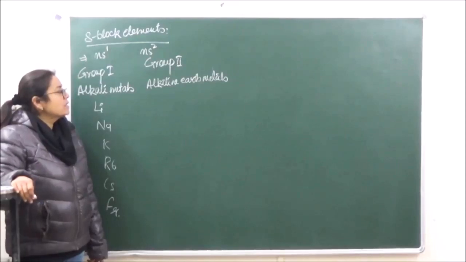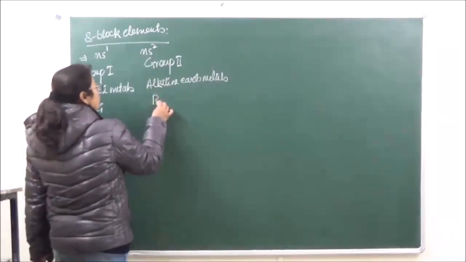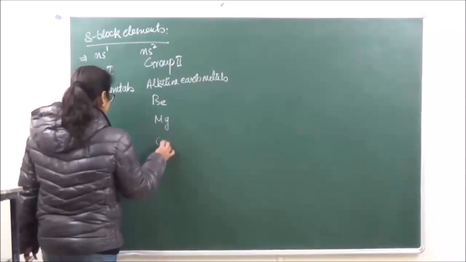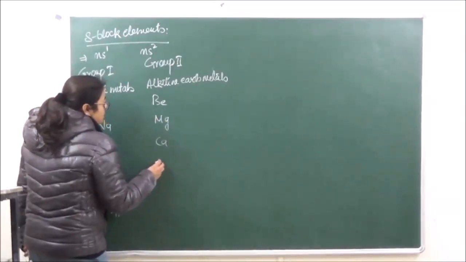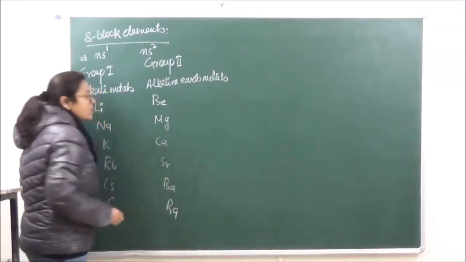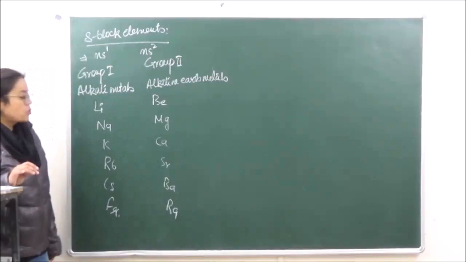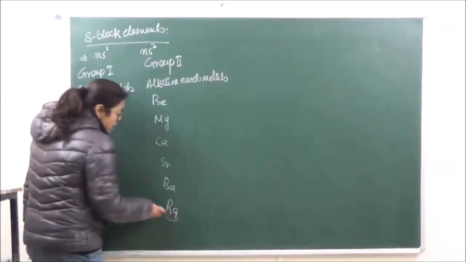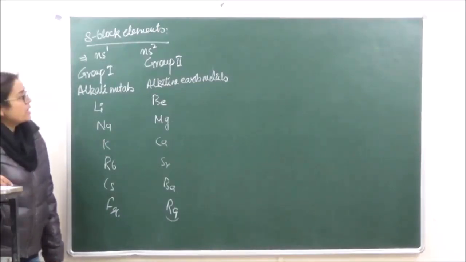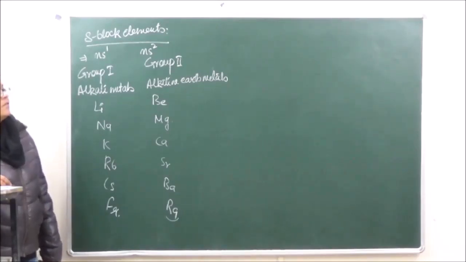The next we have over here is alkaline earth metals. Alkaline earth metals consist of the following members. We have beryllium, magnesium, calcium, strontium, barium and radium. So these are going to be the members over here. Again, radium is going to be radioactive in nature and hence it is going to be short-lived. So we need to study both these groups under this chapter, S block elements, in which we will study